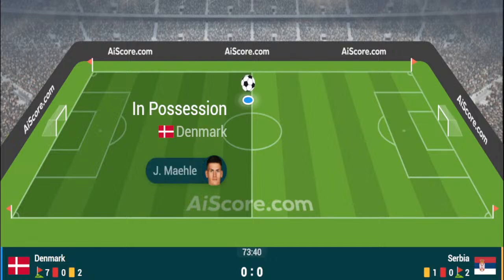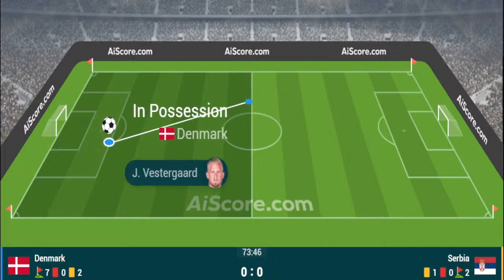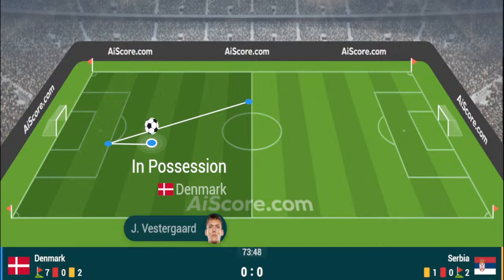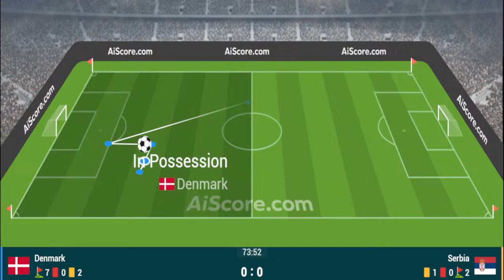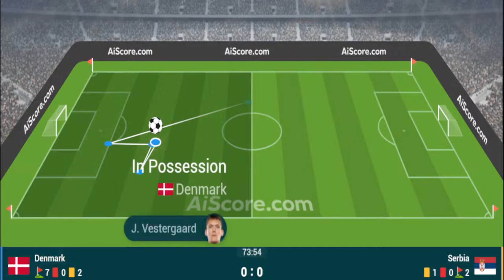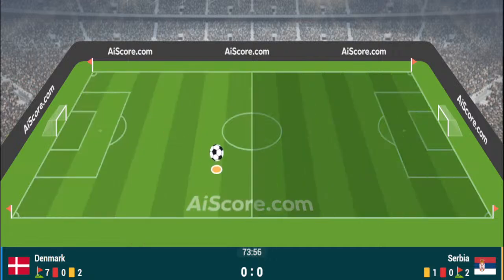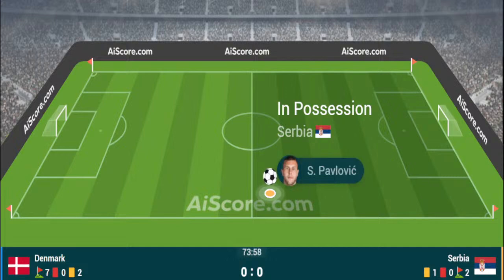So it's going to be another substitution now for Serbia, and it's going to be Ilivic to come off and Mladenovic to come on, and so it is a substitution of the game for Serbia.